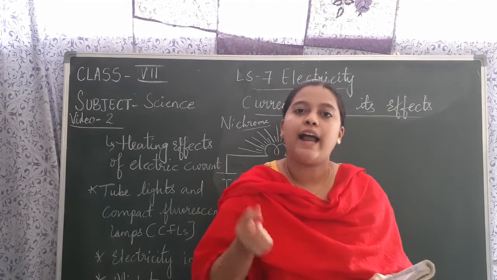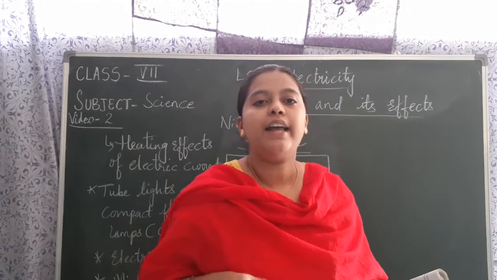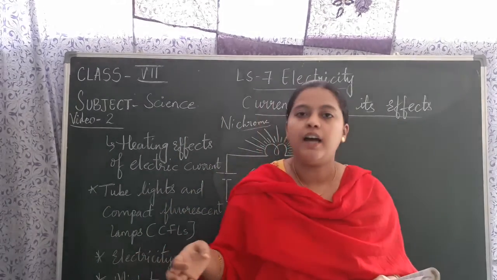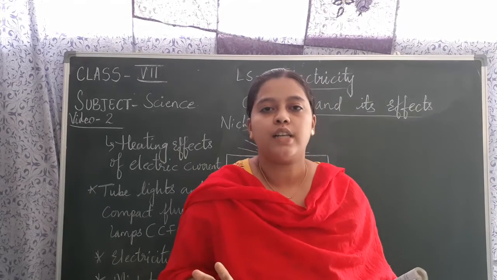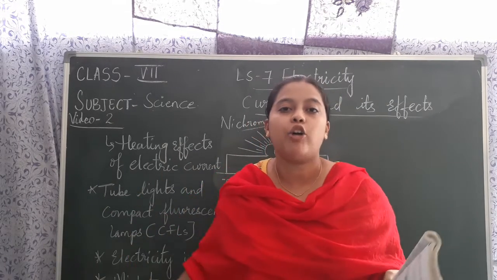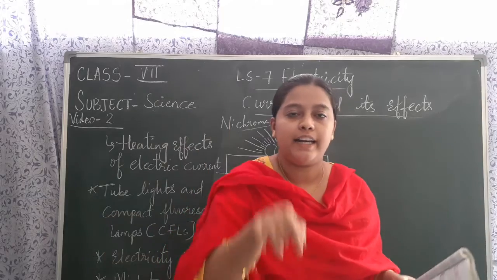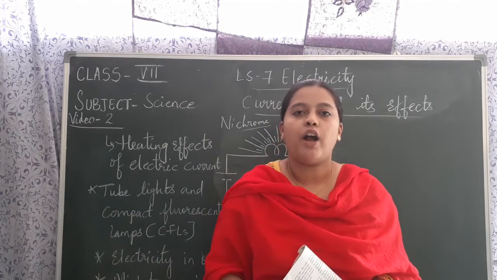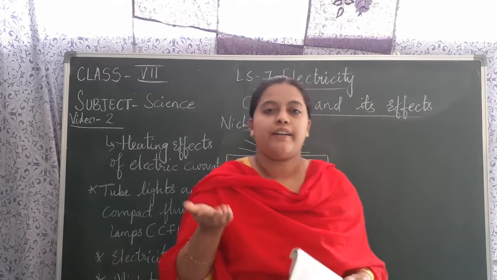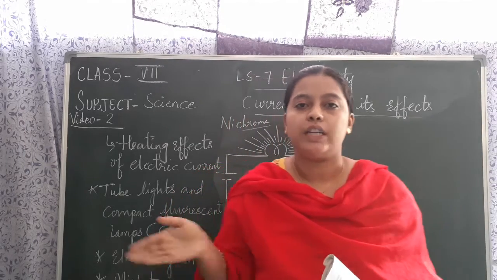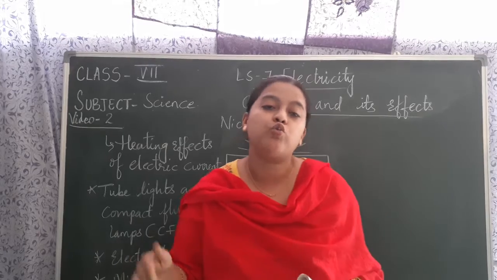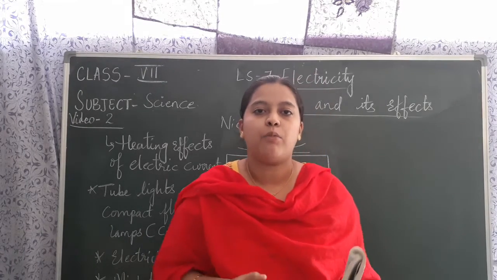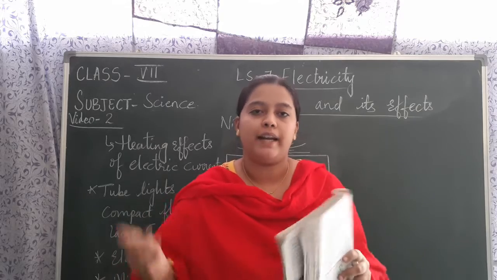Once a fuse is gone, we should bring another one and fix it. But for this miniature circuit breaker, we should not do such things because it works automatically. It will turn on automatically after the voltage or current is low. Children, this is an advantage. It can be used for many operations, not just a single time. It can be used many times.